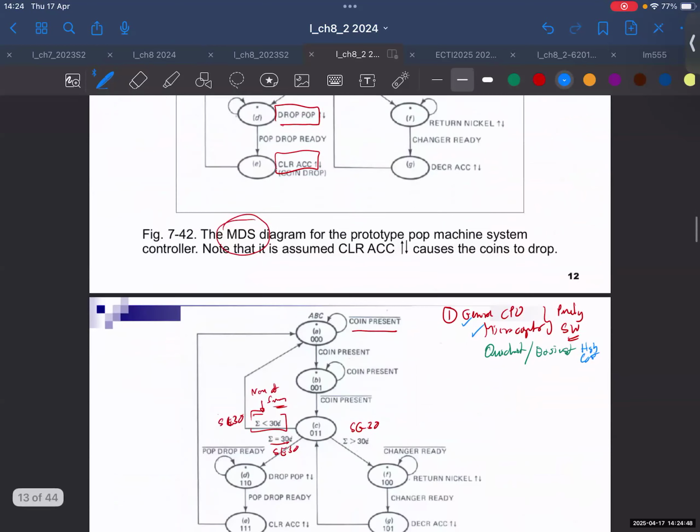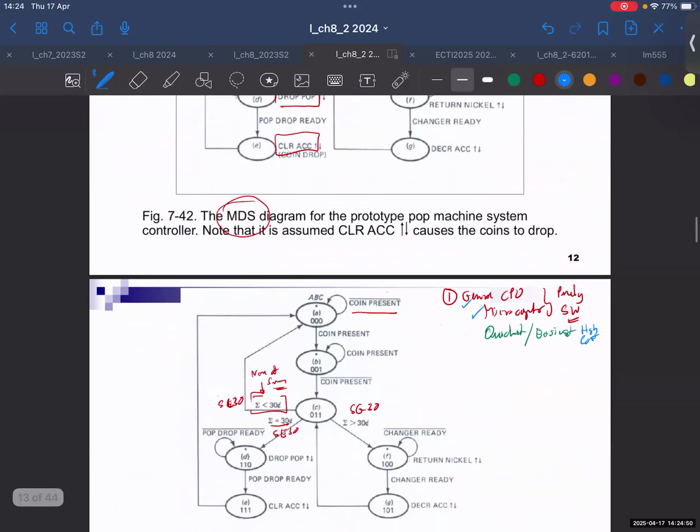Okay. Then the second step is to use somewhere in between